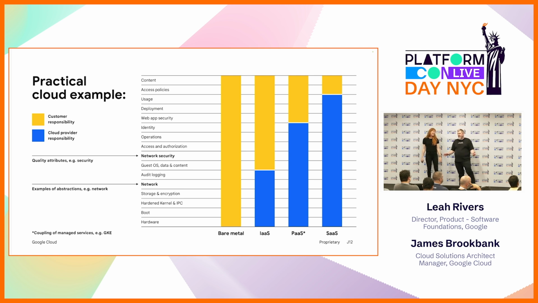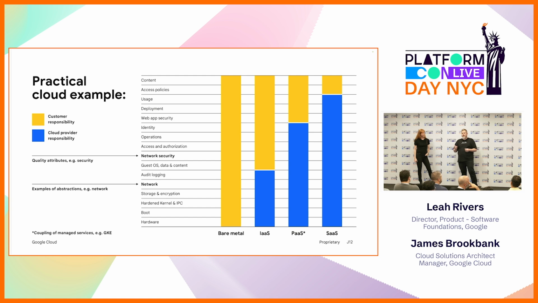I see what you guys are doing at Google with the theories. That sounds fantastic, right? But this is just providing some taxonomy for a lot of the things that you see on the outside. This isn't my model. This is the NIST model. They're pretty good at this stuff. Like the idea of demarcating different cloud environments into, say, IaaS, PaaS, SaaS. Hopefully this isn't a shock to a lot of people. I think people have probably seen those concepts before, but the idea of a shared responsibility model here isn't necessarily new. This is a good example to see some practical pieces of those abstractions, the quality attributes.